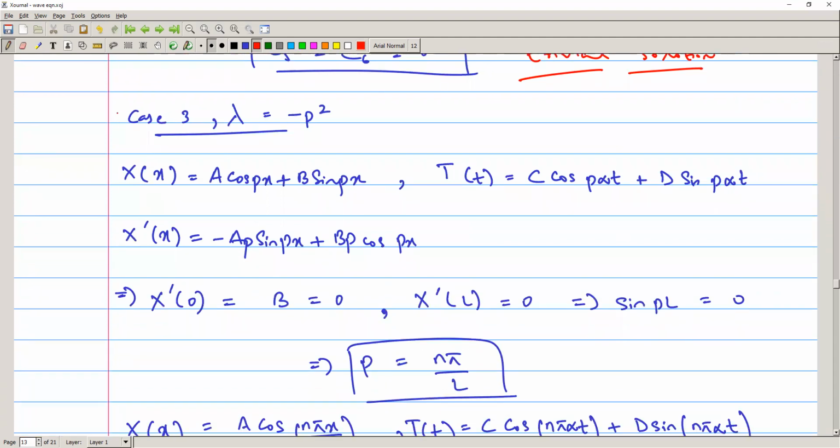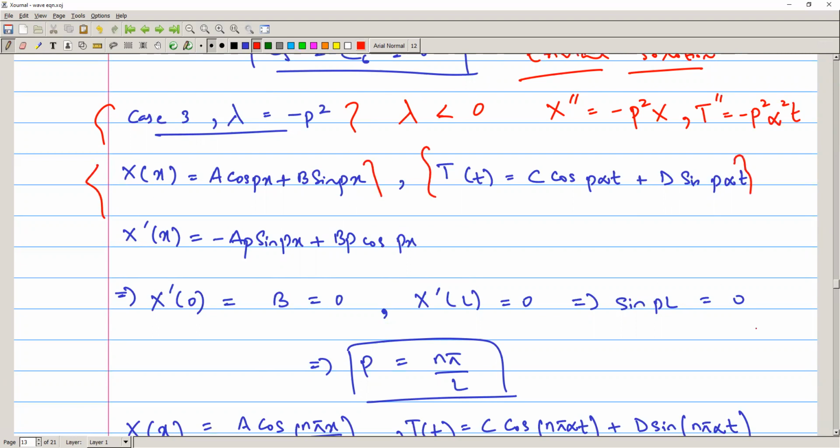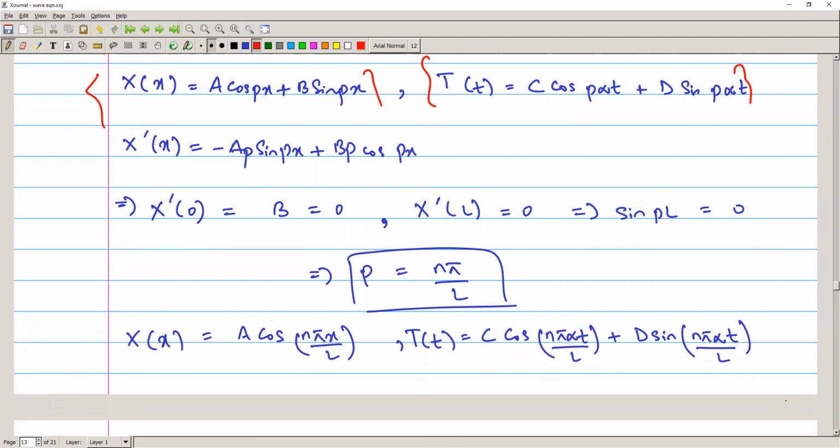Now case 3 is when lambda is equal to negative p squared, which means that lambda is less than 0. So the equation for x double prime will be negative p squared x, and the equation for t double prime will be negative p squared alpha squared t, right? So now we will find the solution for these differential equations, and then we will find the derivative to